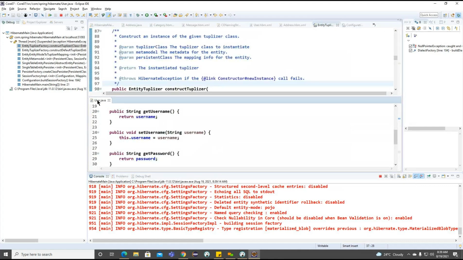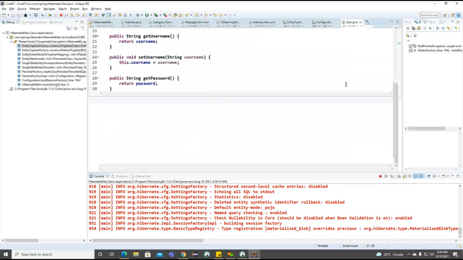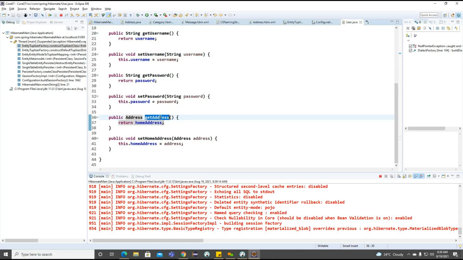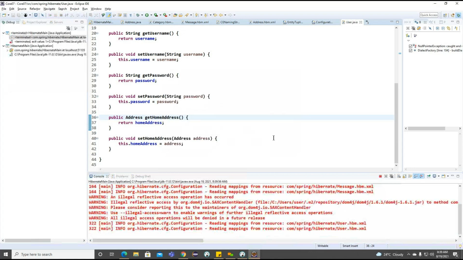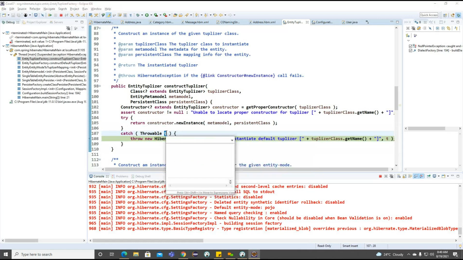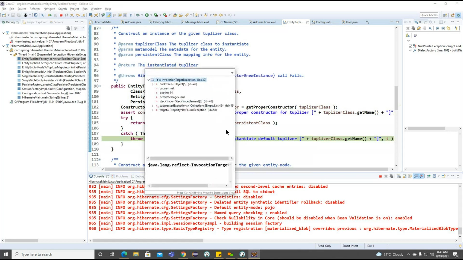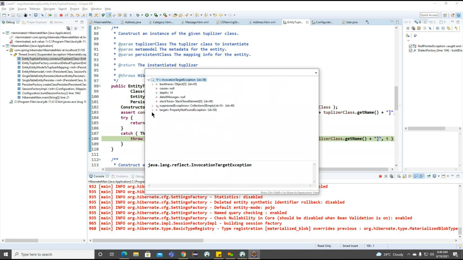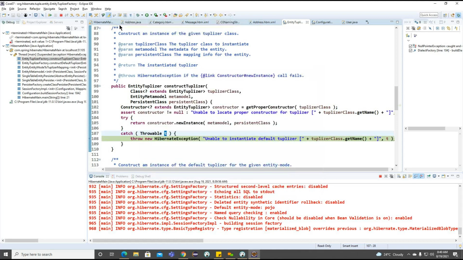What we define here, okay, sorry. Okay, for each component is expecting billing address and a home address.